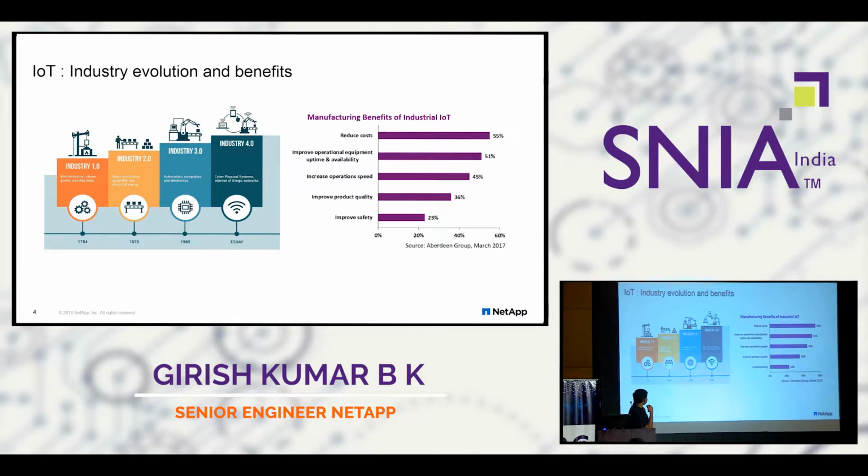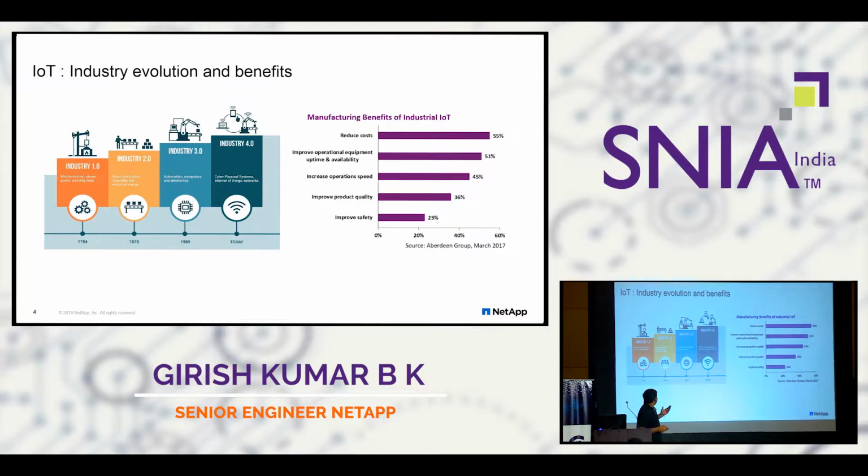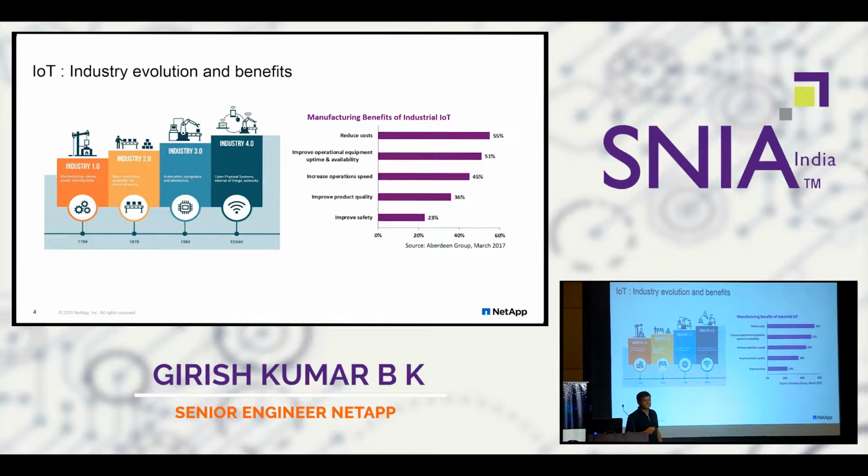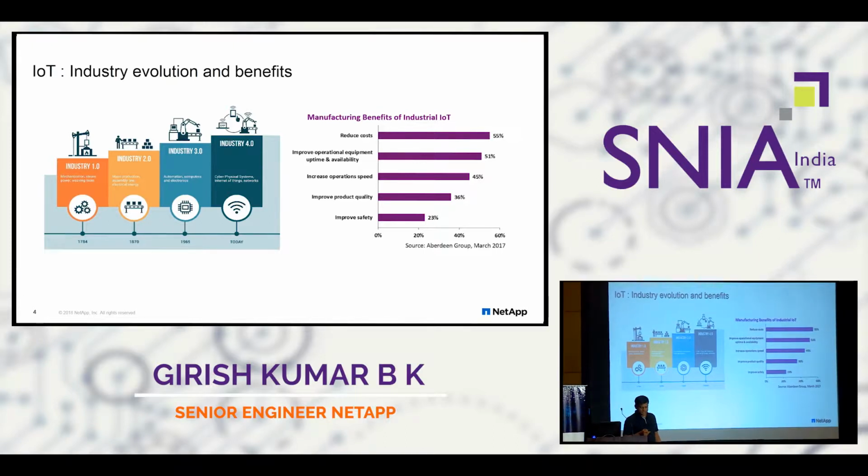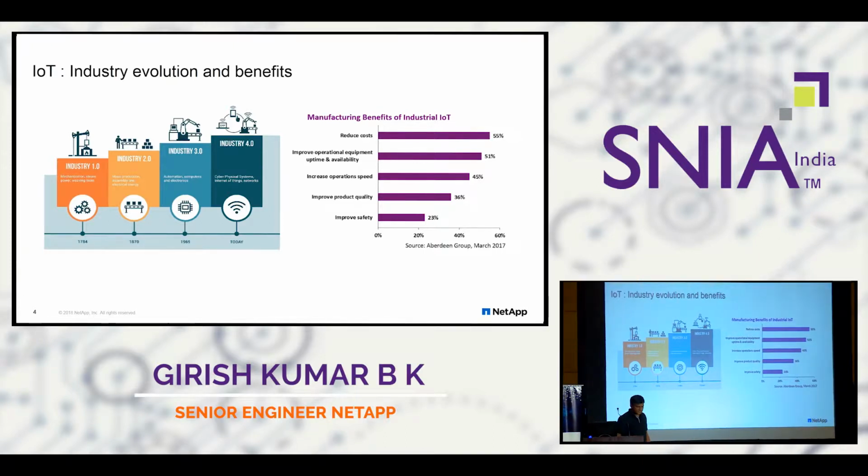So these are the different industries where you see these things happening. And since it involves sensing some measurement that you will be doing on the end product, it involves the Internet of Things, and that's the industry evolution and the benefits that you are seeing now. The reason I put this slide is because I just wanted to highlight these different manufacturing benefits in the industrial IoT. I've taken an example of industrial IoT, but it's more or less similar for other consumer devices also, right?